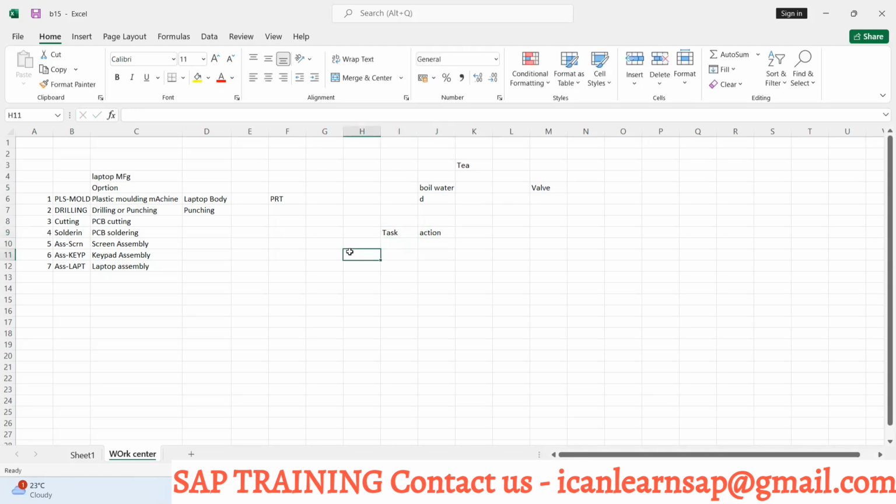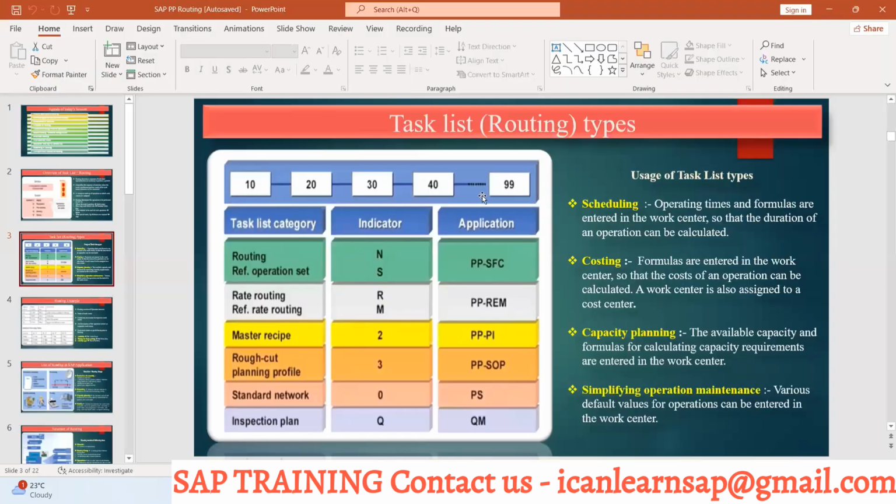Suppose, whenever you are going to perform any operations or any activity, for that you should know what sequence of actions you have to perform, right? Suppose, for example,